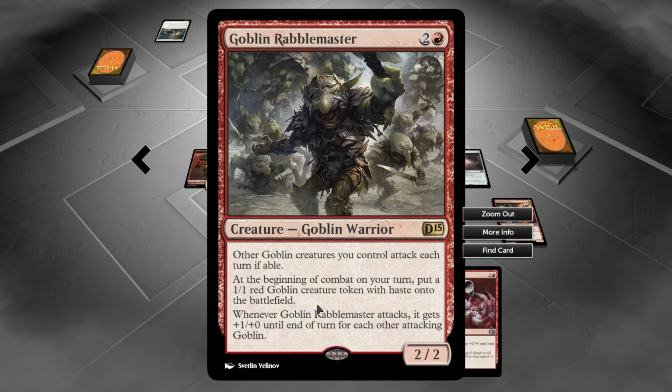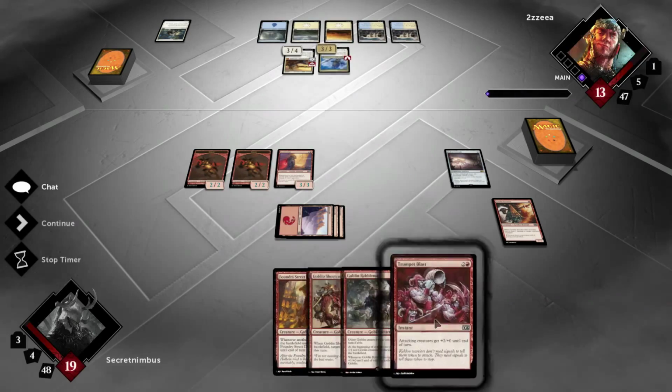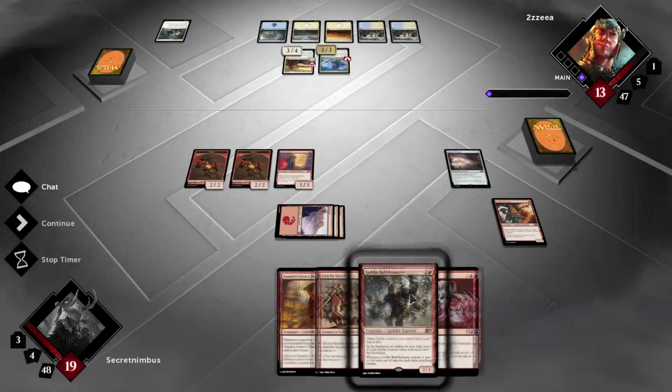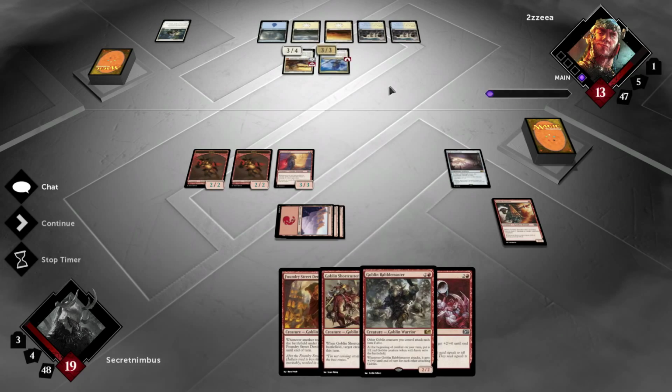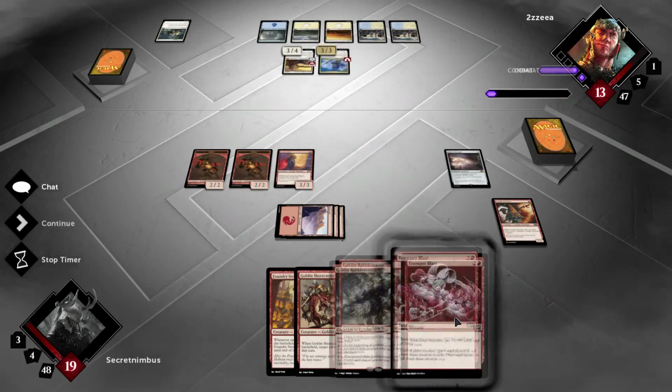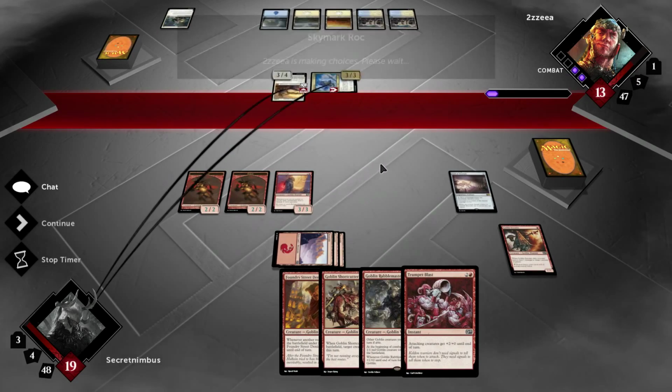I do have things like, other goblin creatures you control attack each turn if able. It's fair enough. So does it pump up my creatures? No, they just have to attack, which I don't want to do quite yet until I can play Trumpet Blast as well,